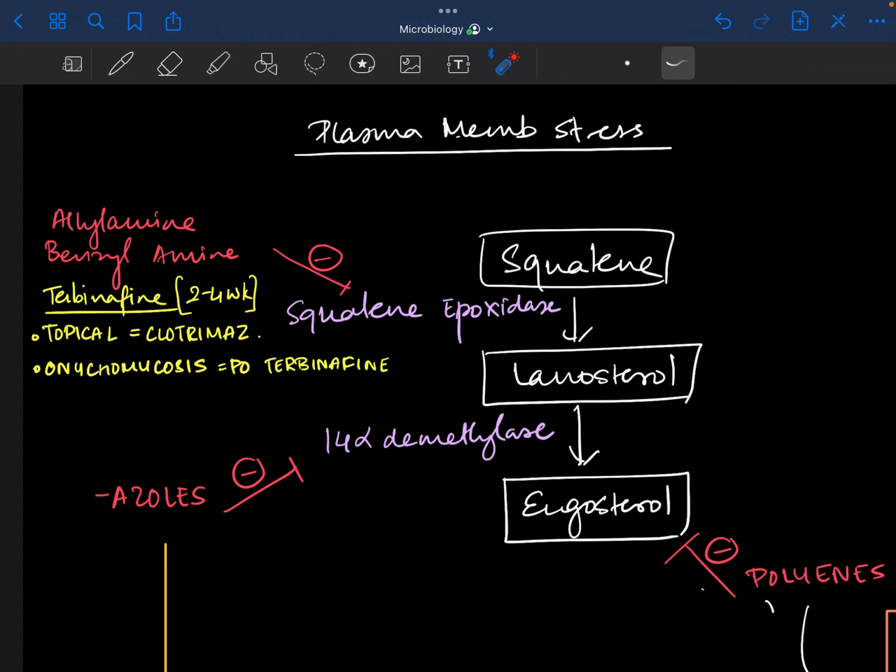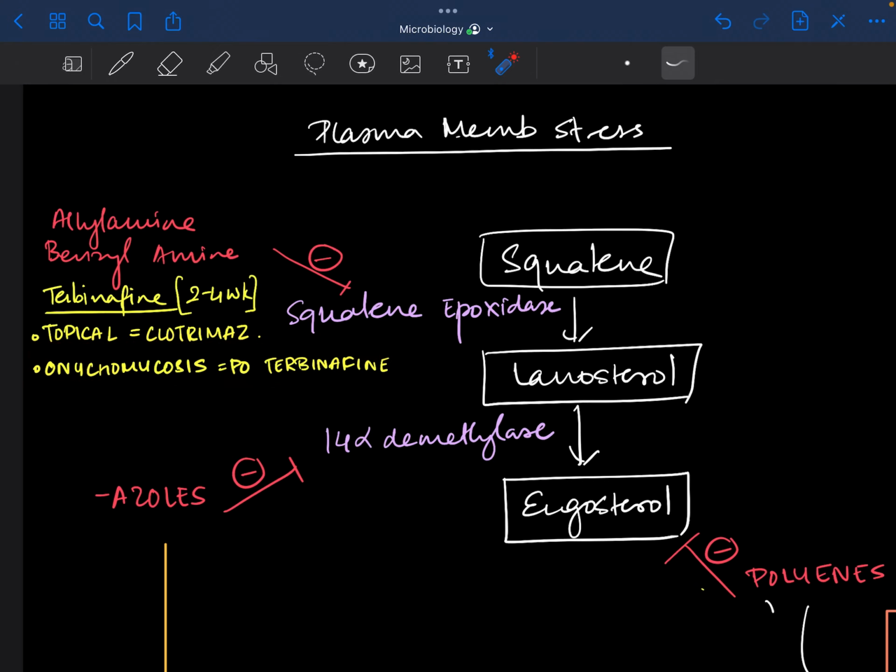So this is terbinafine is going to do that. Now the terbinafine you can use for only 2 to 4 weeks, and it is always going to be topical. Topical is going to be similar to clotrimazole, which we'll discuss down. And the most important part is going to be when you have